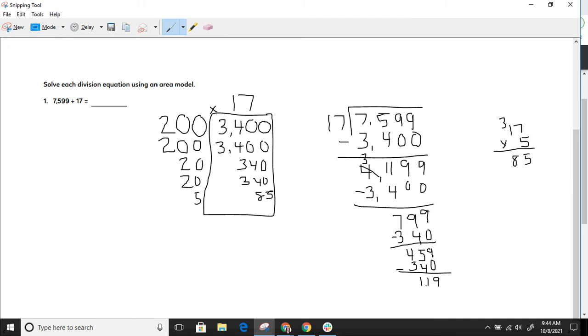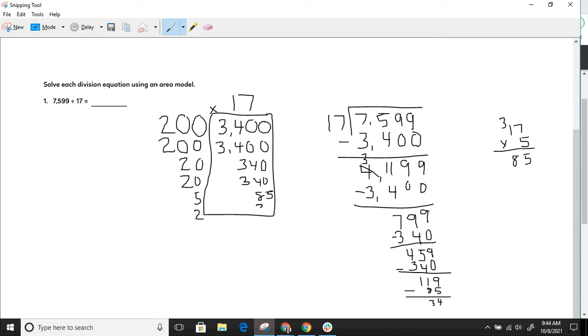So I'm going to take my 85. Again, I'm sorry I have to write small. So that just says 85. I'm going to subtract. 9 minus 5 is 4. And 11 minus 8 is 3. So now I'm at 34. Ooh, 34, 34. That looks familiar. Look at 3,400, 3,400, 34, 34. 340, 34. So I know 17 times 2